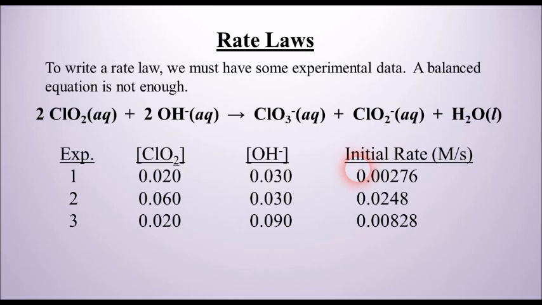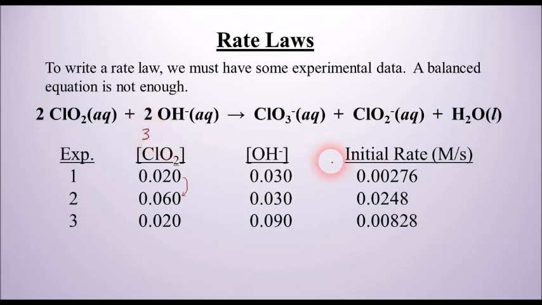Well, the first thing we have to do is find what's called the order of the reaction with respect to the first reactant. Let's do ClO2. So in order to do that, we have to find 2 experiments where ClO2 would be the only reactant that's changing. And I notice that experiments 1 to 2 seem to have that, because hydroxide from experiment 1 to 2 is constant. It's not changing. It's 0.03 in both of those. But ClO2 here is changing. It's tripling. It's going from 0.02 to 0.06. So that is a tripling